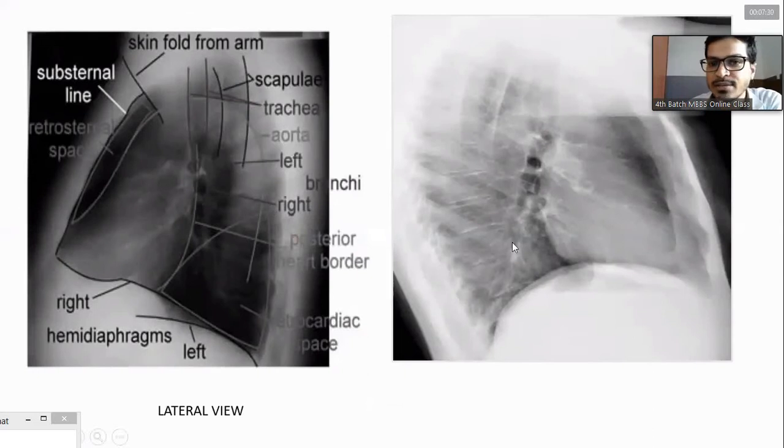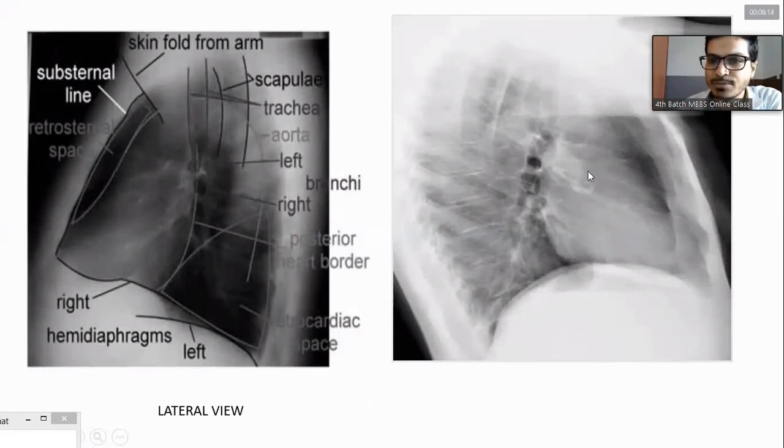Now, this is the lateral view of the chest, and we have to be very precise while reading the lateral chest film, because we are less acquainted with it. First, we have to search for the heart. This is the shadow marked by the cardiac chambers and the pericardium overlying the heart, and this is the mirror image, so don't get confused. Here is the apex, and here is the apex, and in front of the heart there is the retrosternal space. Similarly, behind the heart there is also one space. This is the retrocardiac space.